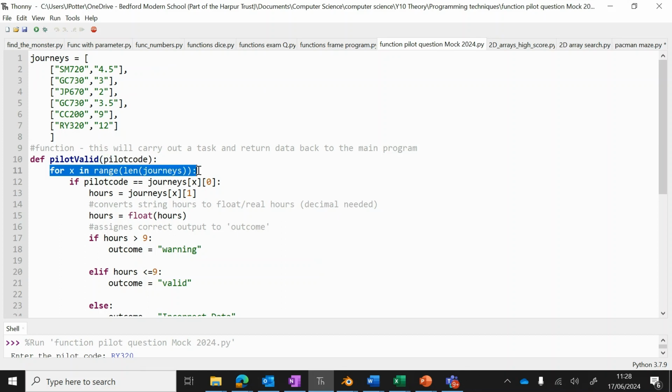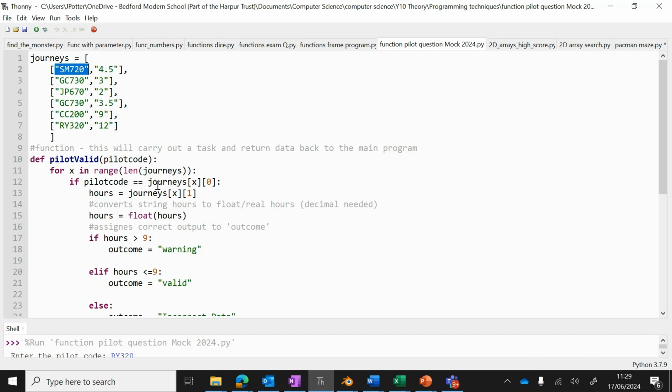We're doing a loop. We're iterating through the array Journeys. Now, the reason we're doing this is we have to check to see if the pilot code exists. Okay, so we said SM720. So it will look at the first item in the array, which will be 0, 0.